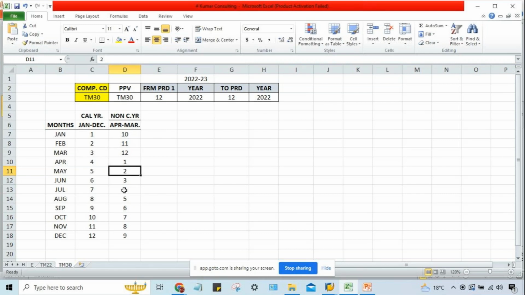If you use calendar year, it's pretty simple to define, right? But when we are going to use non-calendar year, in that case, you have to define a complete fiscal year variant where you have to specify that April is the first period, May is the second period. Like that, you have to specify,